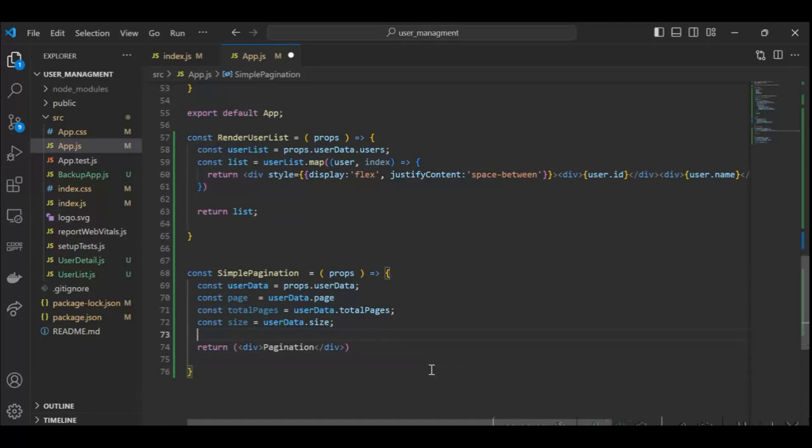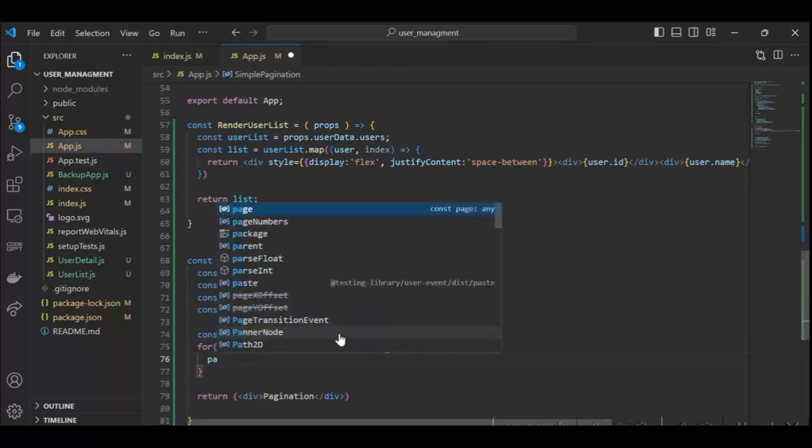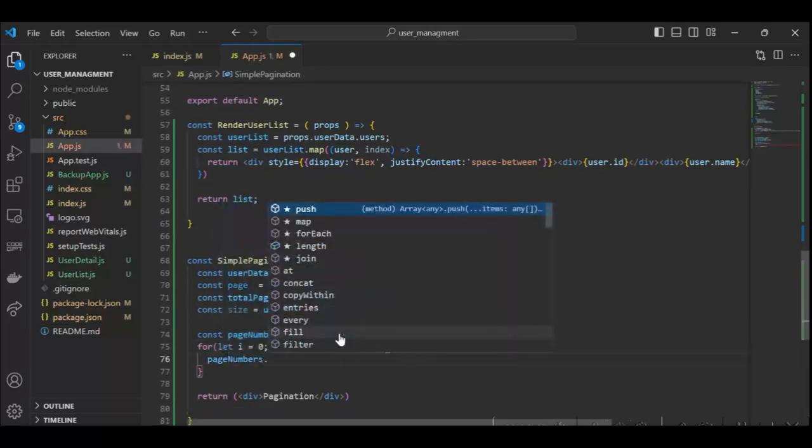First, we will create our pagination link. So friends, in order to create pagination links, we will use the map function. And the map function works on an array because the map function returns JSX elements. So first, we will create an array from this total pages. To convert this total pages into an array, we will create a new array, page numbers, equal to an array, and we will push the numbers